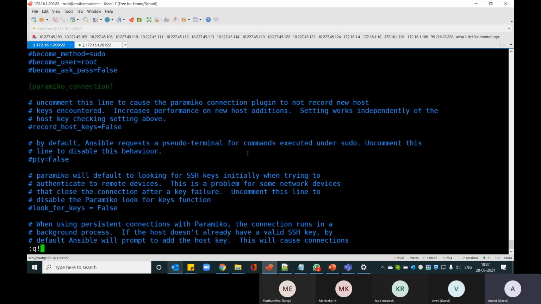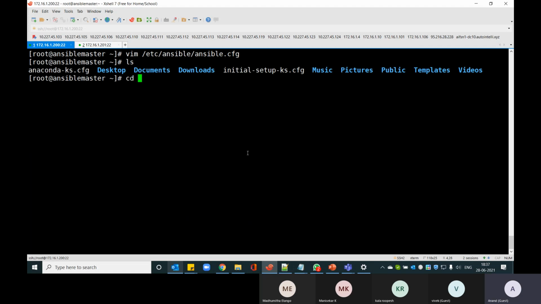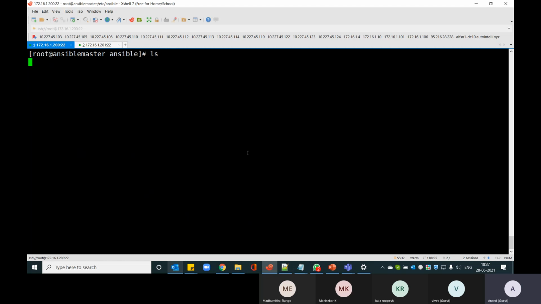So you can always take a look around whenever you deploy Ansible, and you can have a look at the entire configuration right from here. And then if you go to /etc/ansible, it creates some default things for us. That is the inventory file. Hosts is nothing but the inventory file to manage all the inventory of the servers and the network devices, whatever is going to be managed by Ansible.